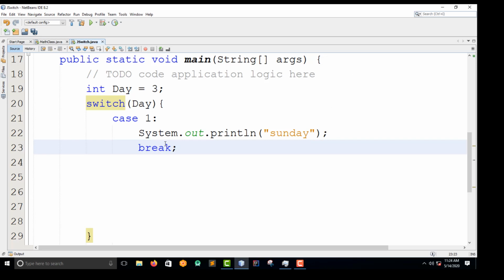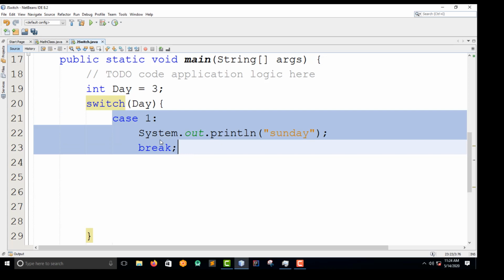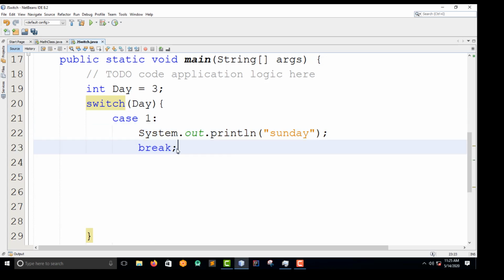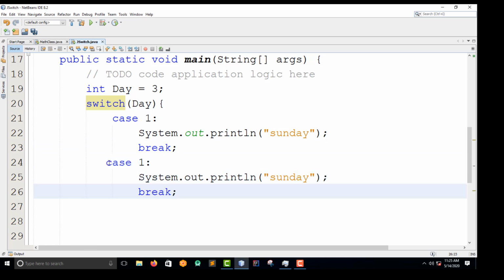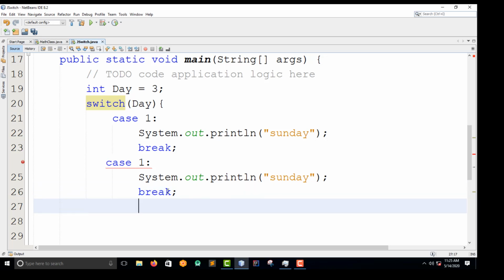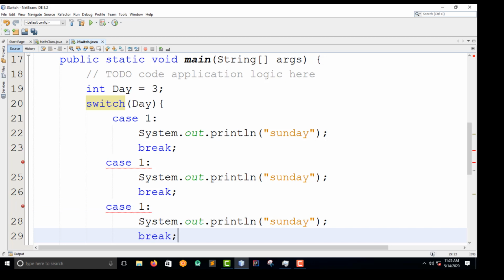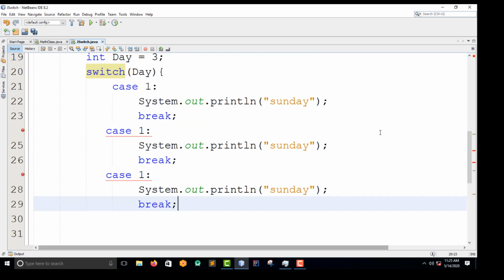So I want to have 7 cases, I think. So I want to take this, copy. I'm just copying this. Okay, I'm going to do this, and then I close my cursor here, Control V, and then another one here, because we have 7, just 1, 2, 3.